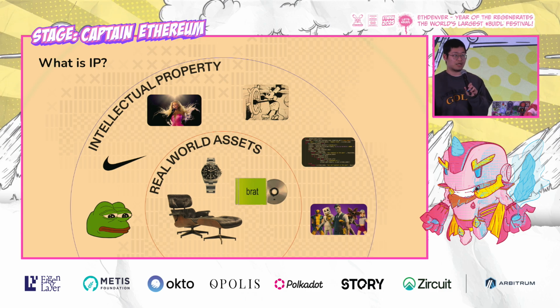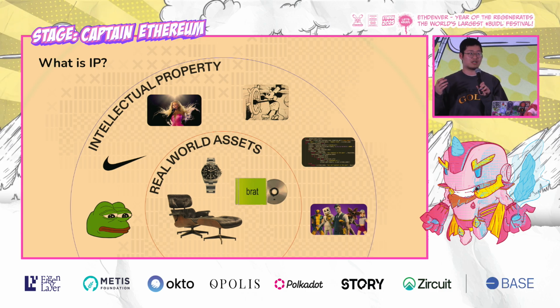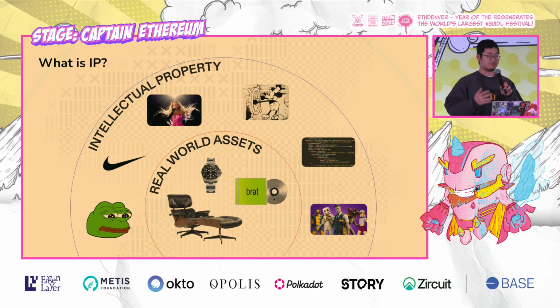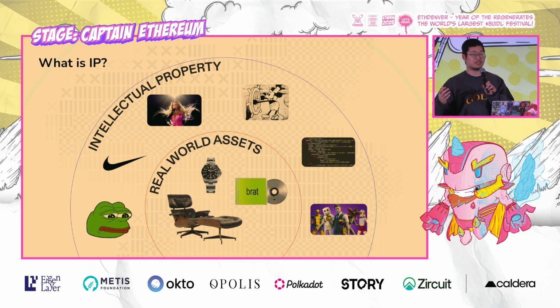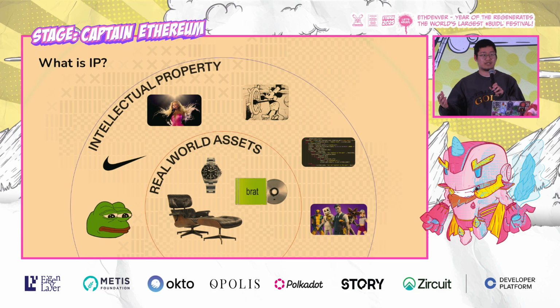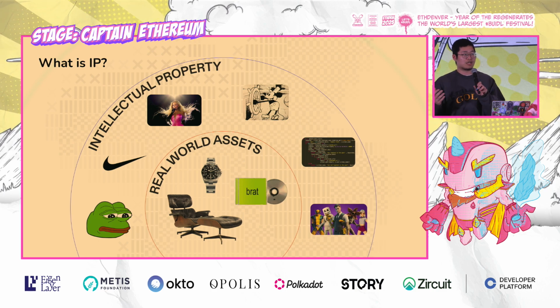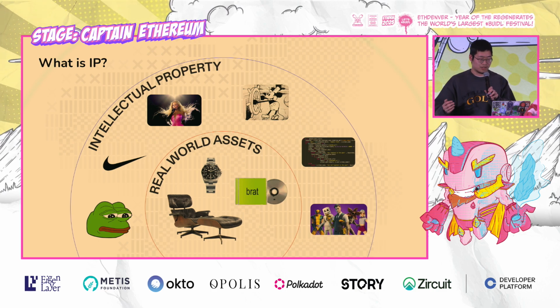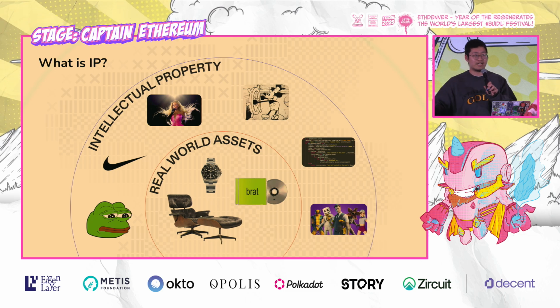As we know, Story has been focusing a lot on the AI agents side, but for this workshop, we will go back to the origin. What is IP? And what is our tech stack? How does layer one support us in creating a better copyright system for the existing world? So the first question is, what is IP?